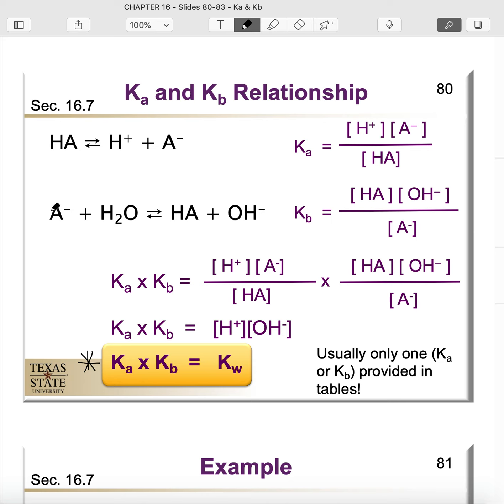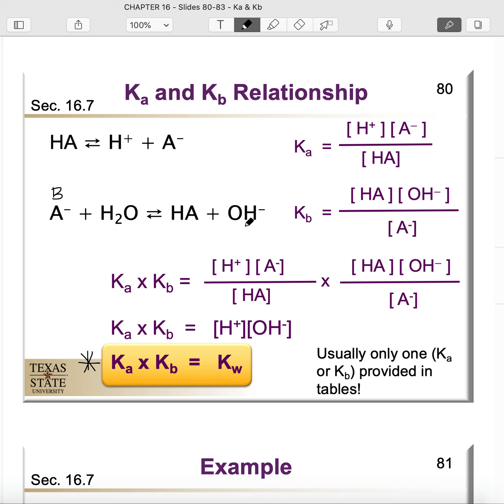Separately, we're going to deal with a base. So this right here is representing my weak base. I could have also written it as B, as we had done in a previous video. But remember that for the base, you always need to react it with water because there has to be a source of protons. That base is going to do what bases do, which is to accept a proton. And so on the other side, what I have is the conjugate acid of that base. In this particular case, that would be called HA, right? And then my other product is the remainder or the conjugate base of water, which is going to be the